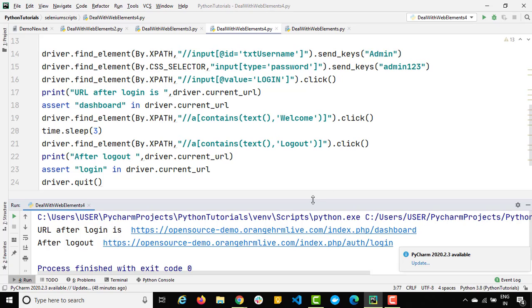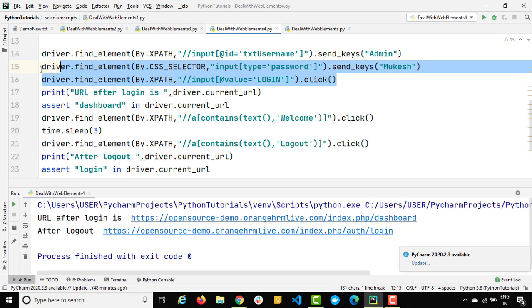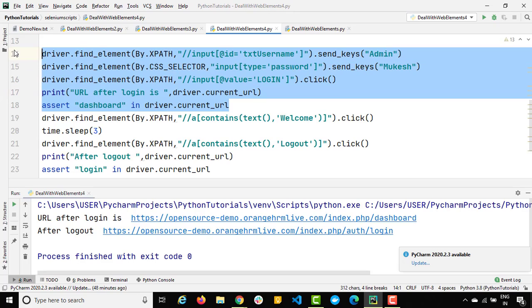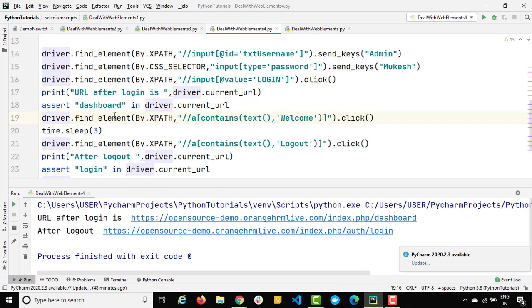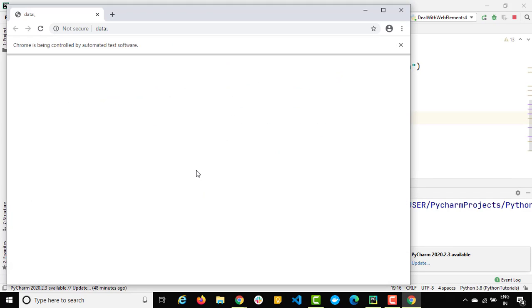Let's do a negative scenario where I will simply change the credential. Definitely when we change our credential, our script should fail. So in this case, let's say I enter the password as Mukesh. Definitely these 3 steps will continue without any assertion. But the moment we say we are expecting a dashboard keyword in the URL, which will not be present, it should fail, right? So let's run our script,